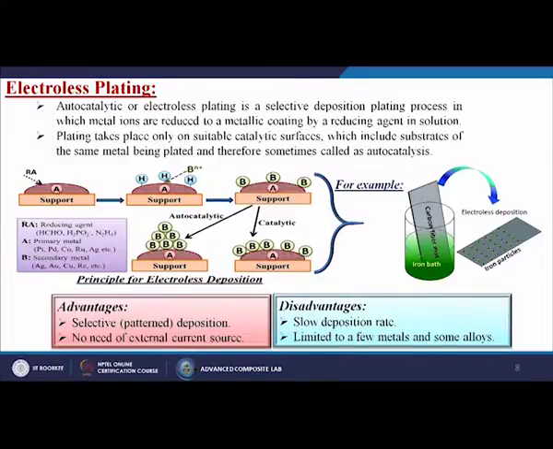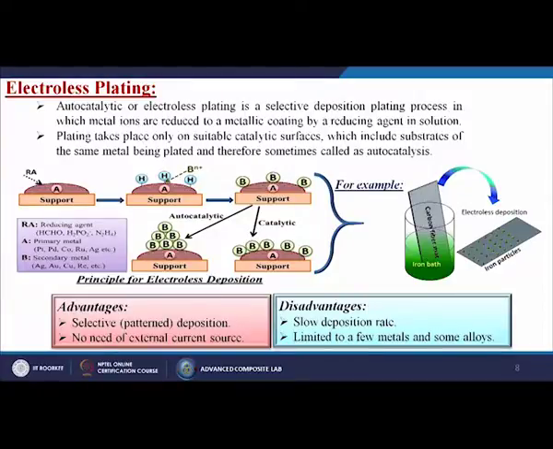Then we put a reducing agent on top of that, like HCHO, H2PO2 or N2H4. Then we create ions on top of that primary metal. Then we introduce the secondary metals like silver, gold, copper, Re, etc. and then it reacts with the A material and they form a layer on top of the A material. So, either we can do it by the autocatalytic method or the catalytic method.